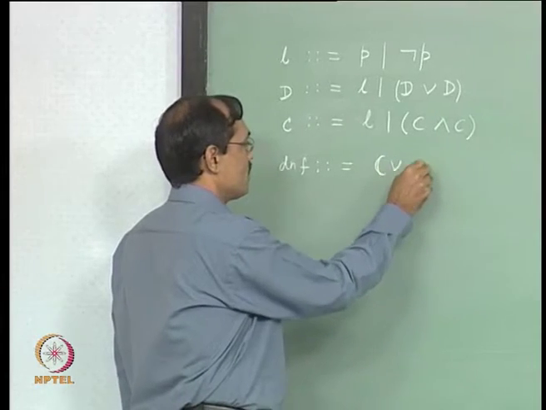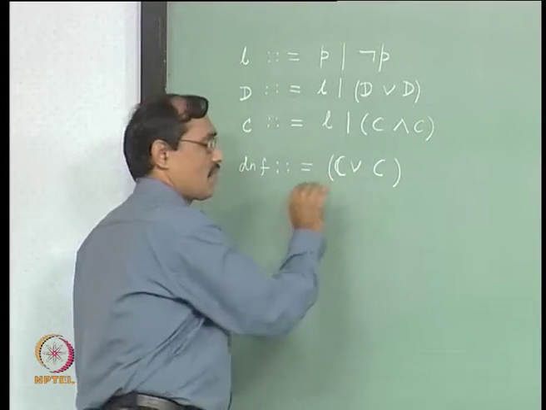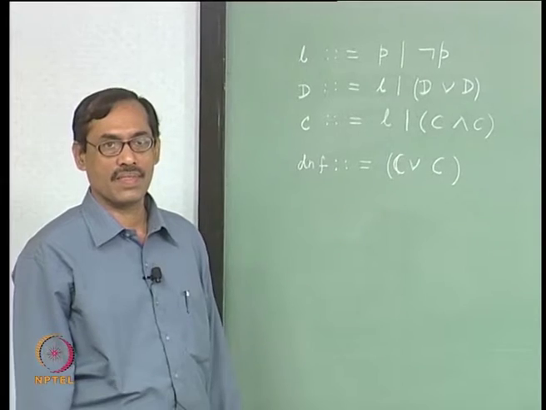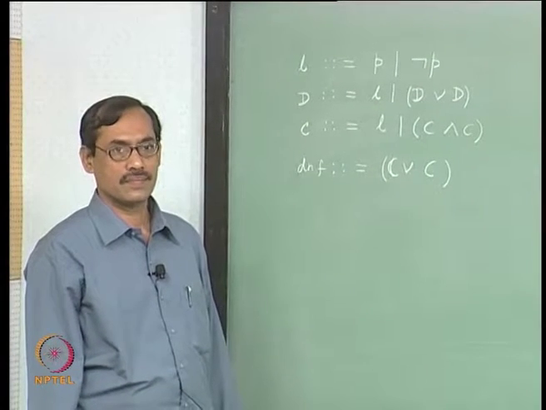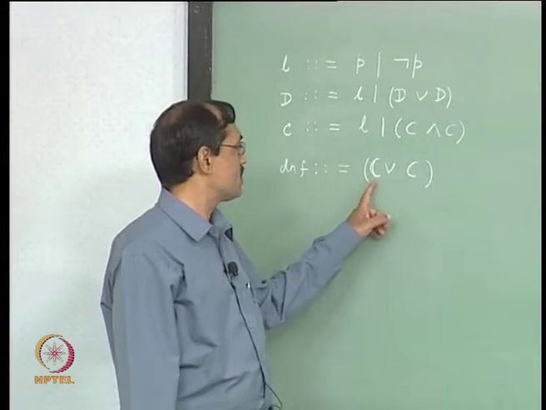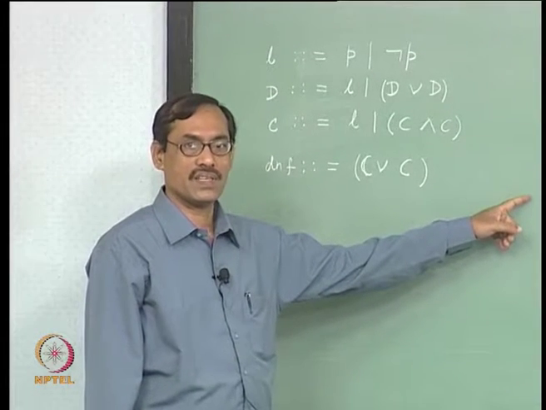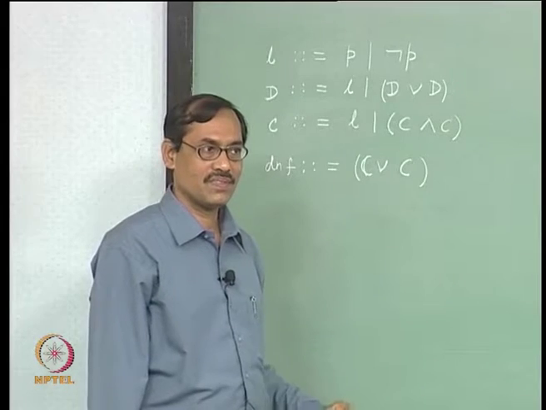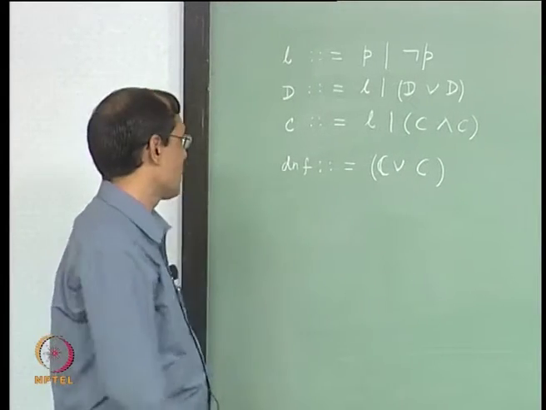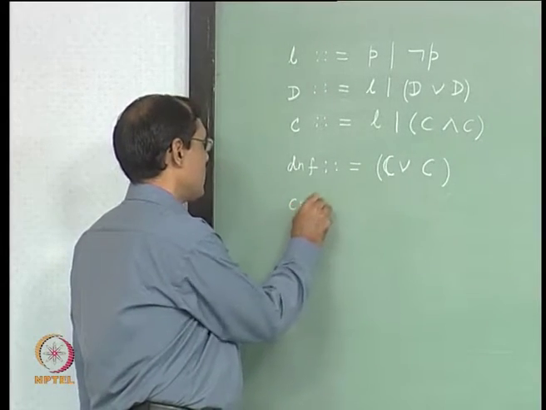So, you say C or C. Okay. So, once you have this, it means there can be finite number of disjunctions here, not only two. Okay. It is recursive. Similarly, a CNF